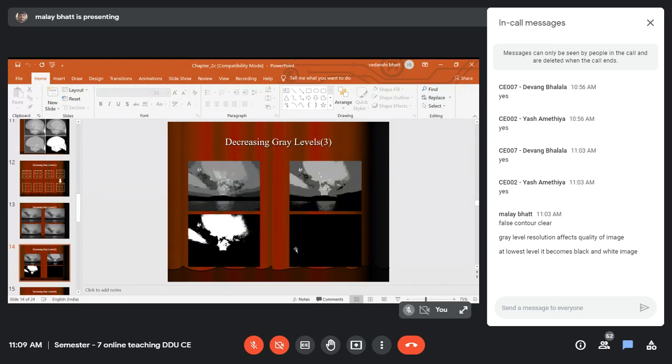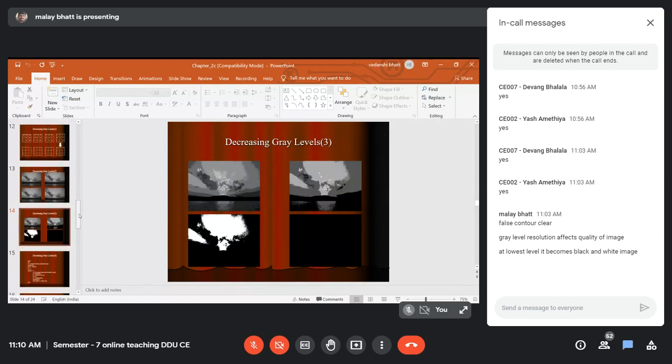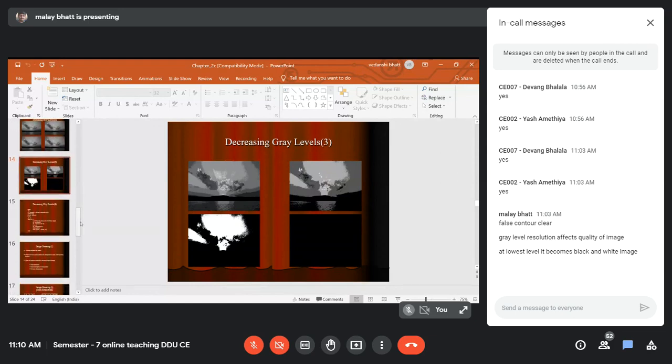Then a 2-bit image with 4 gray levels. Then a 3-bit image with 8 gray levels. This is how you can see different gray level resolutions of the given image. I have not considered all the images, but I think it is sufficient to show how we are getting the output.